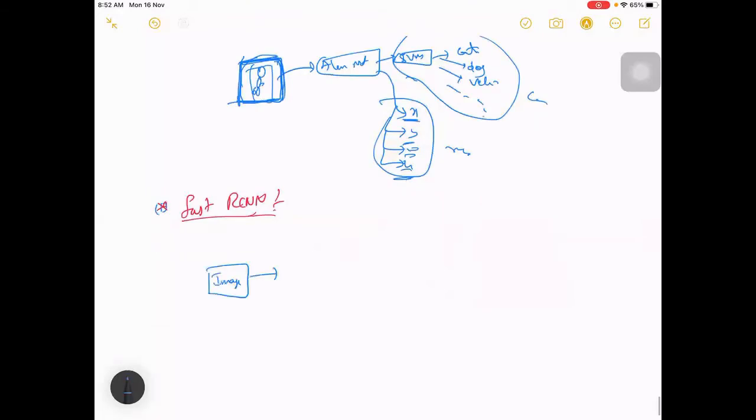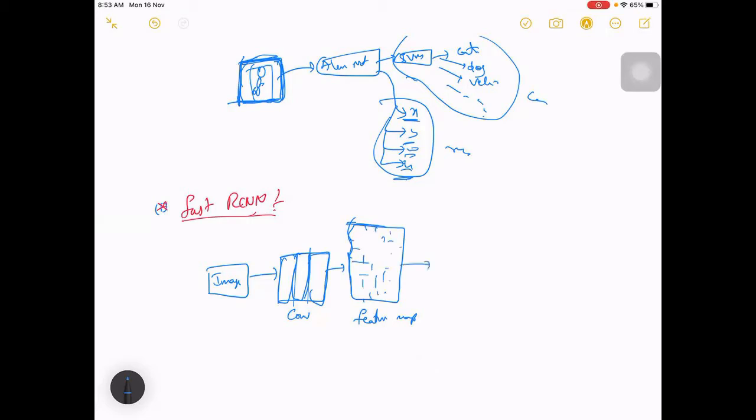here itself you can have some convolution layers and extract features, right? So using a few convolution layers, need not be a single convolution layer, one convolution layer, a second, and then one more like this, and finally you get a feature map. This is the same image, represented in some features here, right? So you have different kinds of shapes from your image, and from here you can do this selective search,